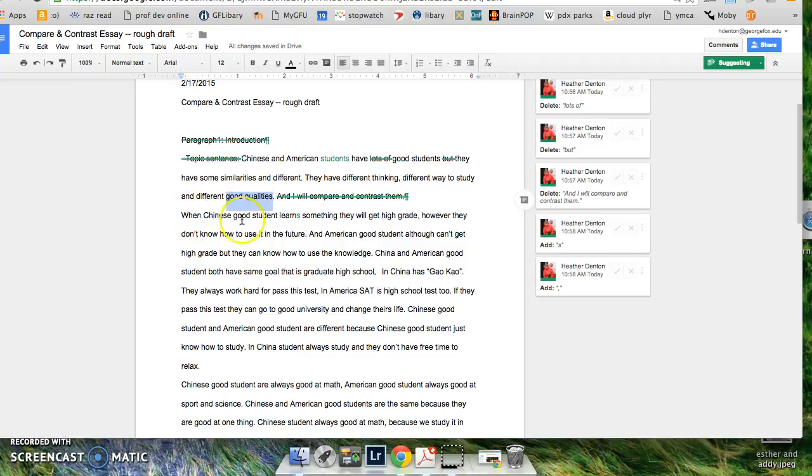All right, and then you're going to take when, and it's going to start right up here. I deleted this sentence because it's simply not necessary. When Chinese students, you're going to move good. When good Chinese students, I want you to take this word and do a search, and every time you see the word good, I want you to replace it with a more descriptive word, but we can do that further on in our writing too. That's completely okay. When good Chinese students learn something,